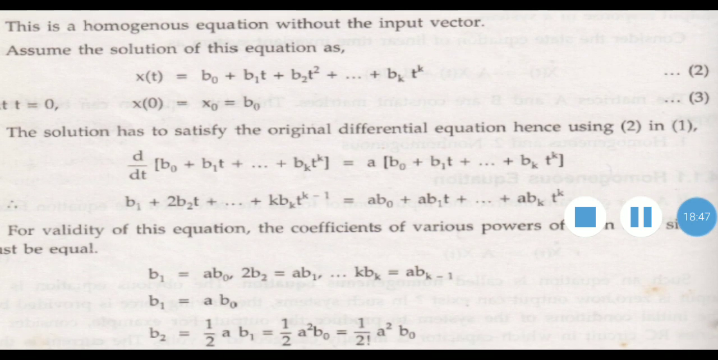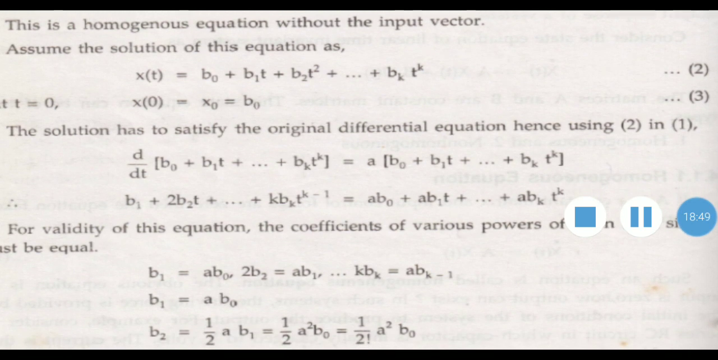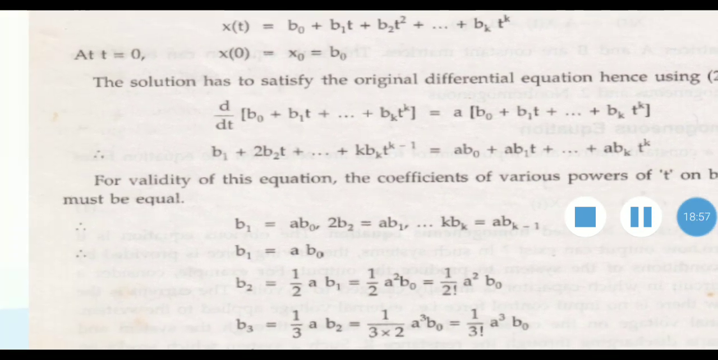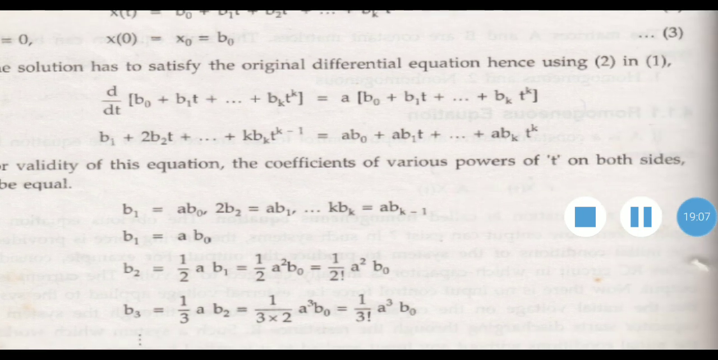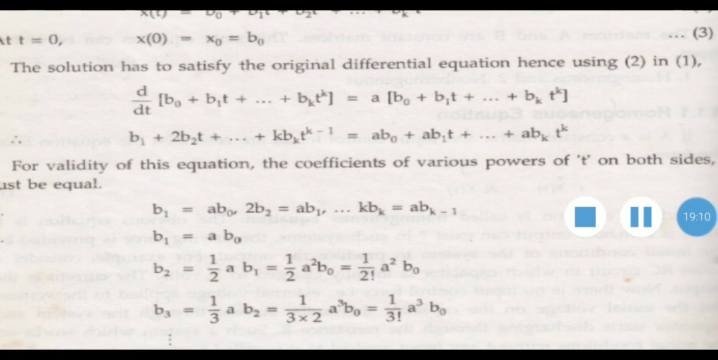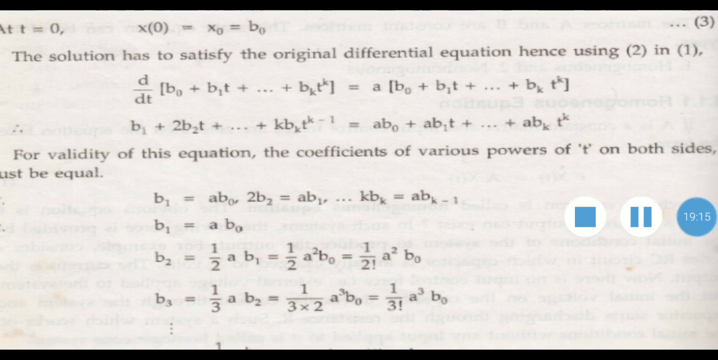b1 plus 2 b2 t plus so on up to k bk t raised to k minus 1 is equal to ab naught plus ab1 t plus so on up to abk t raised to k. Then the coefficients of various powers of t on both sides must be equal for this equation to be valid. Due to that, b1 is equal to ab naught, 2b2 is equal to ab1, kbk is equal to abk minus 1. So b1 is equal to ab naught, b2 is equal to half ab1,